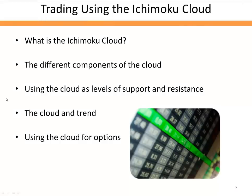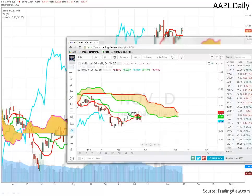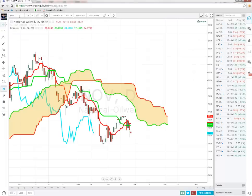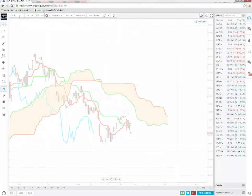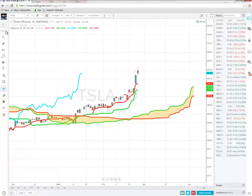Let's go on. We'll talk about the lagging indicator. This is a chart of Apple. I like to bring up charts in real time. Someone give me something else to look at. First person to say something, we'll look at something really quick. Any stock. Tesla. Tesla's a runaway train. So if we look at Tesla, we actually had a buy setup here in Tesla at